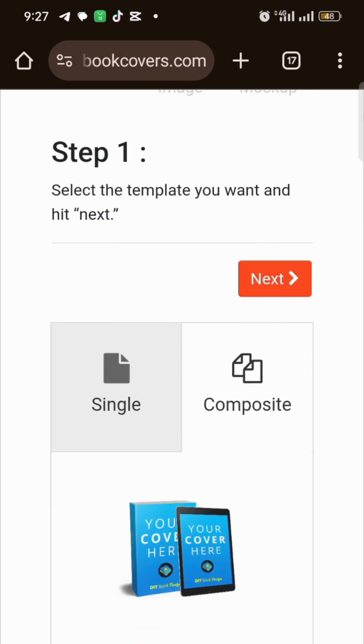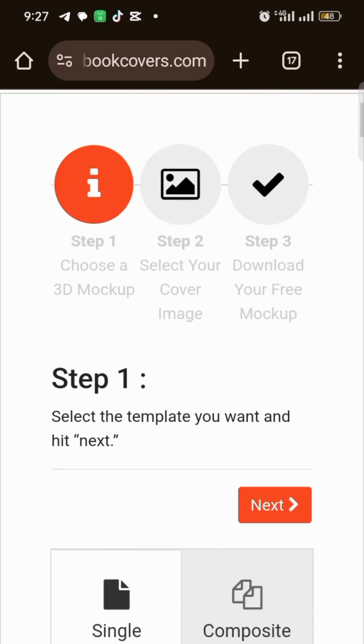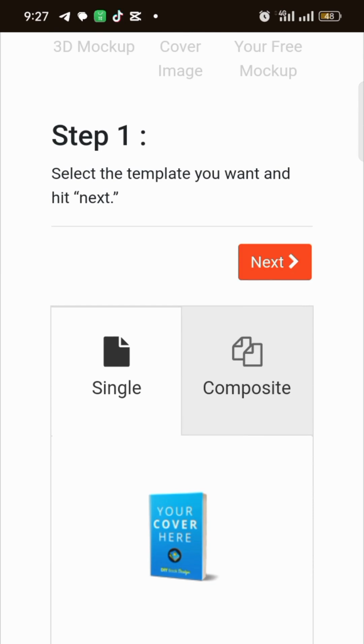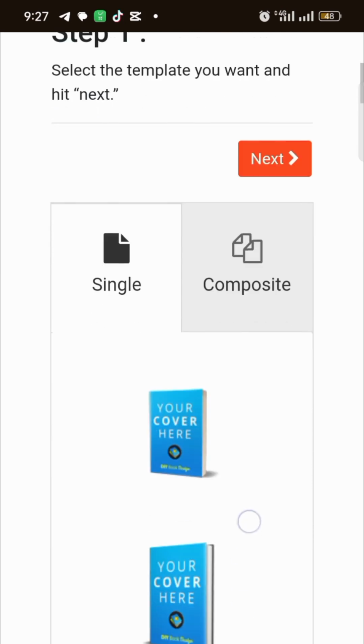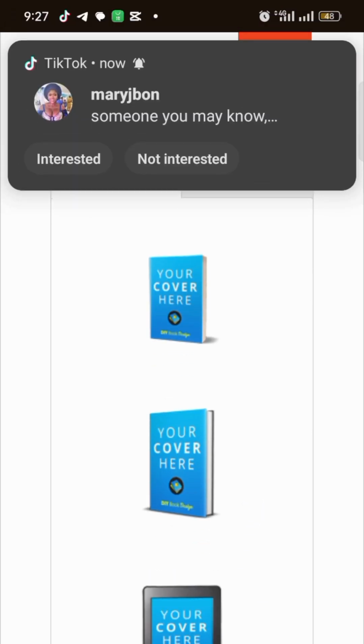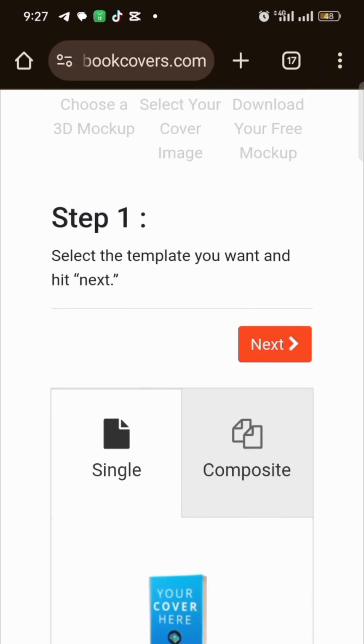So let's go back to the single. The first step is for you to choose the sample of the mockup you want to use, the template you want to use. I like using this second one. So I'll tap on it. Anyone you wish to use, you tap on it. You come to next